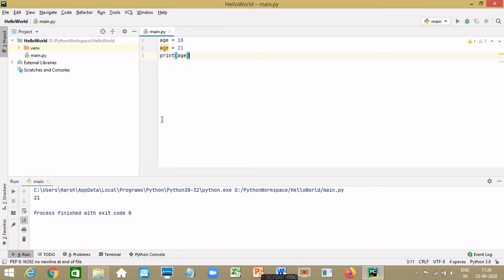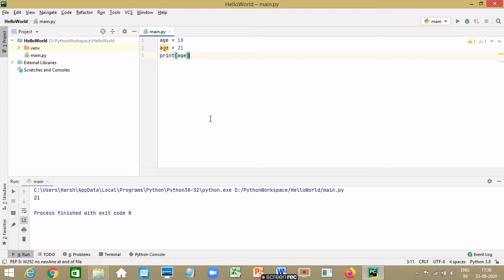Now you would wonder, why do we really need variables? We could just use the actual values 18 or 21 whenever we require, right? So any kind of data or information is stored in computer's memory for processing. If we want to use this data repeatedly, we require variables. It becomes very convenient to use meaningful names instead of just actual values.